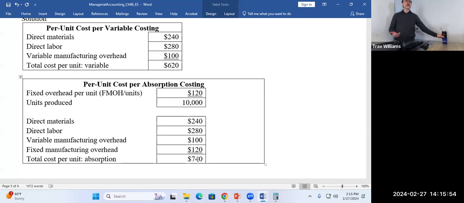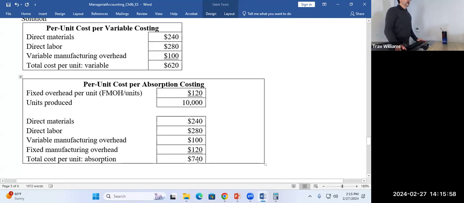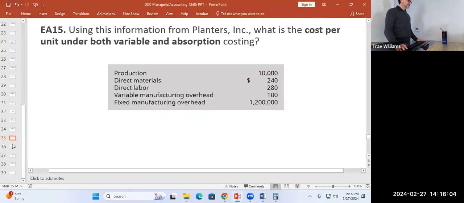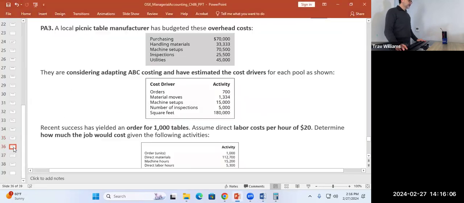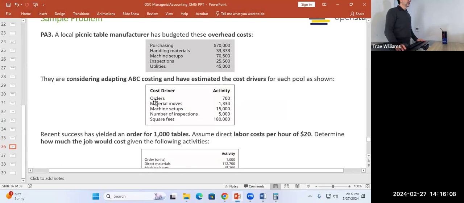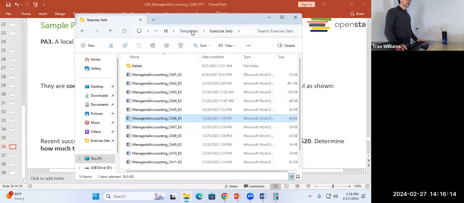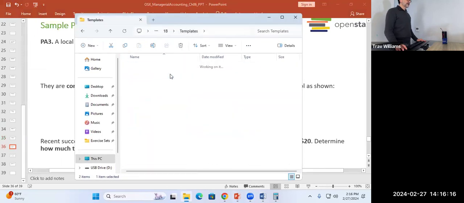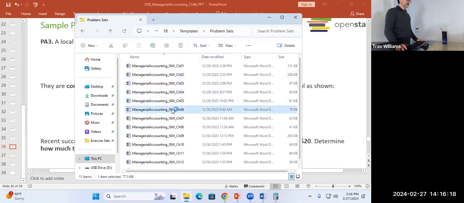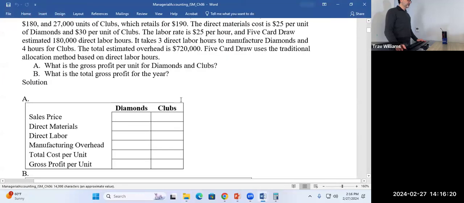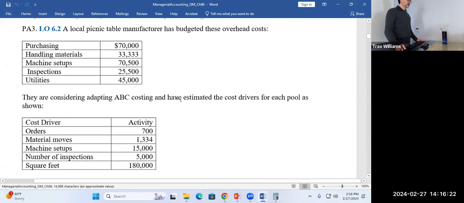Okay, I know I went through it kind of quick, but I think it's pretty simple. Any questions? Okay, so let's see what's next. We only have a couple slides left, and now we have a problem to do. Okay, let's go to the problem set. We're going to do problem number 3.